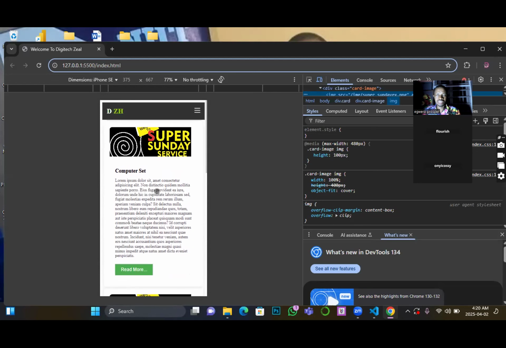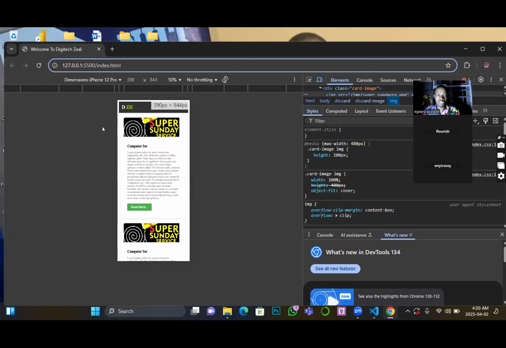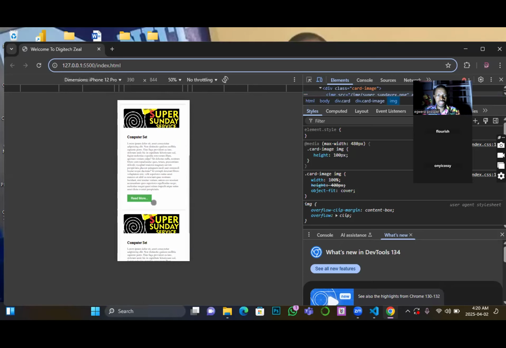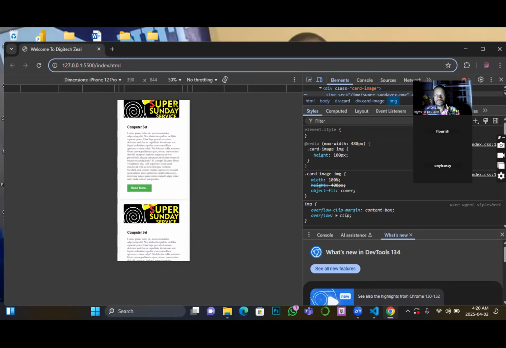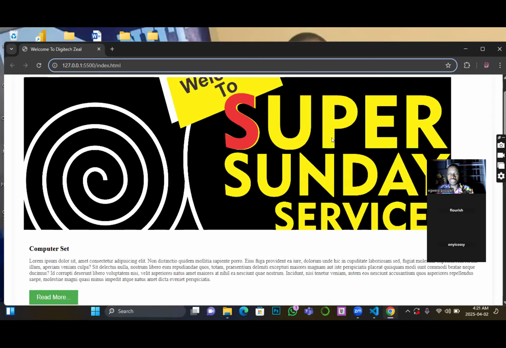So this site is responsive on mobile. And if you want to check how it's going to be responsive across other devices, you can just check it out. So you can see that on iPhone 12 Pro, it is also very responsive. But my concern is that I told us that the way you are supposed to learn this card of a thing as a way of